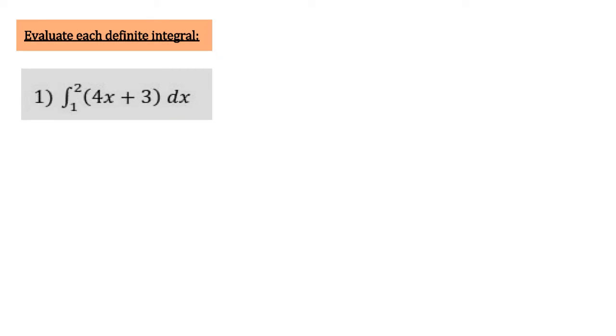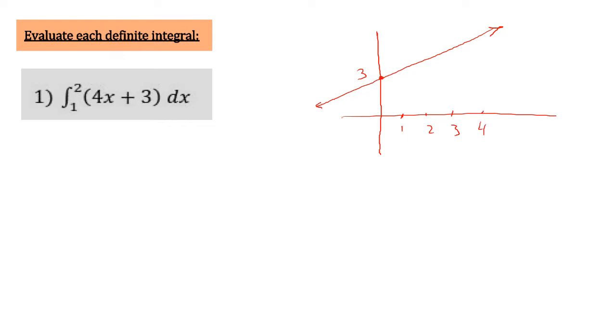Definite integration and how we can find the definite integration for the area from 1 to 2 for 4x plus 3. As I explained before, if you represent the straight line 4x plus 3, it's passing through the point 3, with positive slope. Here is the point 1, 2, 3 and 4. And the meaning of integration from 1 to 2 is the area below the curve